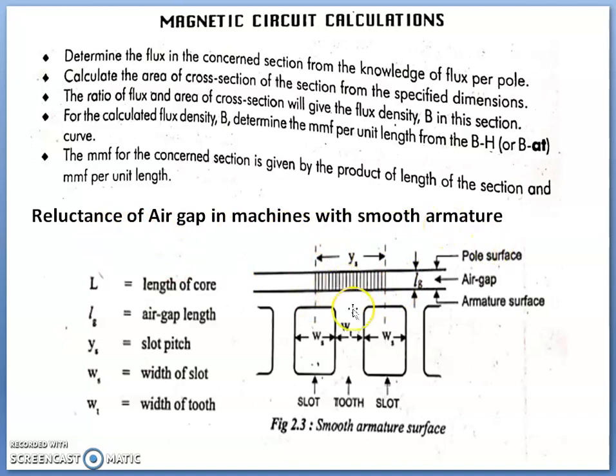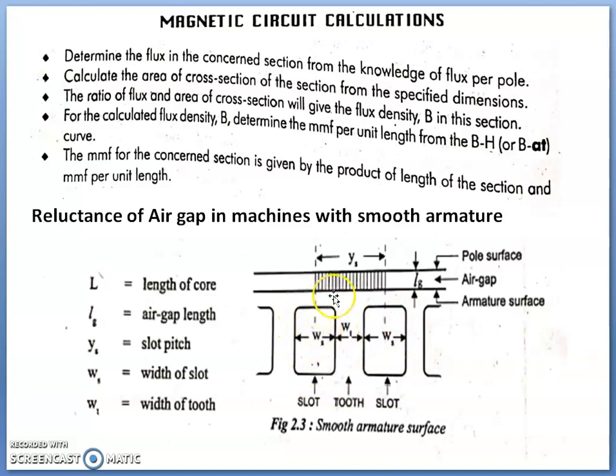In a rotating machine, first we will be discussing DC machines, then we will be discussing AC machines. In a DC machine, the outer surface is the pole field system. The field system will have the poles, and this pole surface will be a curved structure. Anyhow, it is a smooth surface. And the armature will have slots and teeth alternately. The slots may be of different types. This is actually a closed slot. The slot is not open at all, so it is a closed slot.